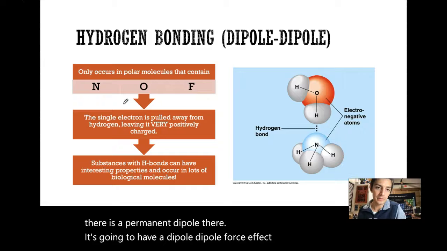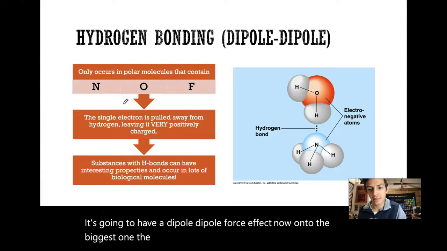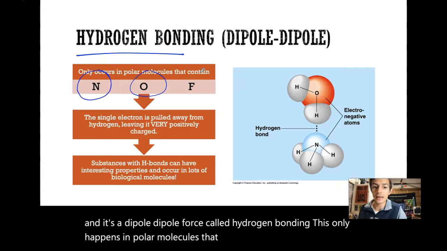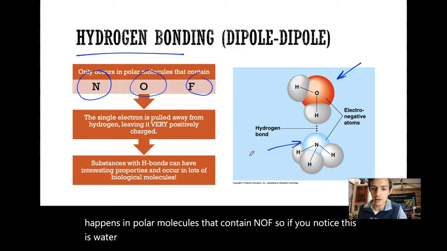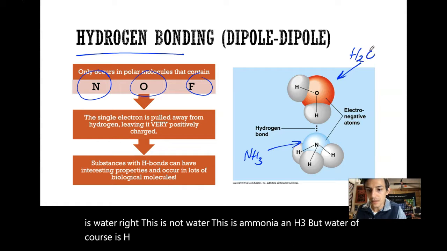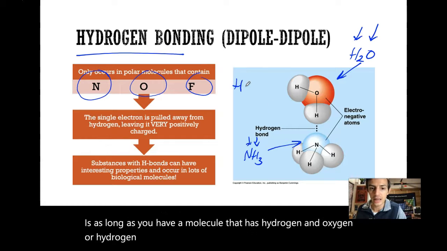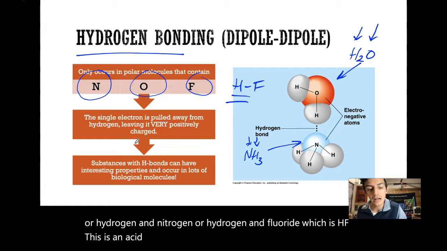Now onto the biggest one, the strongest of the intermolecular forces, a dipole-dipole force called hydrogen bonding. This only happens in polar molecules that contain N, O, and F. If you notice, this is water, right? This is not water, this is ammonia, NH3, but water, of course, is H2O. As long as you have a molecule that has hydrogen and oxygen, or hydrogen and nitrogen, or hydrogen and fluorine, which is HF, an acid called hydrofluoric acid,